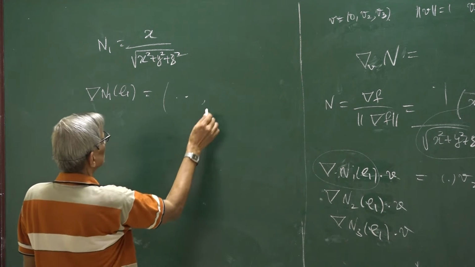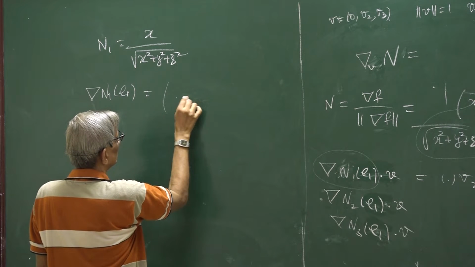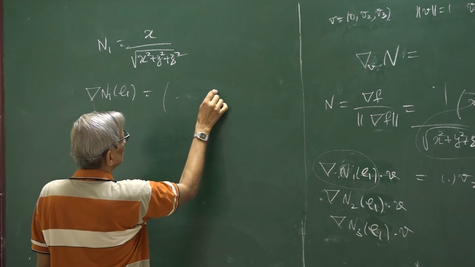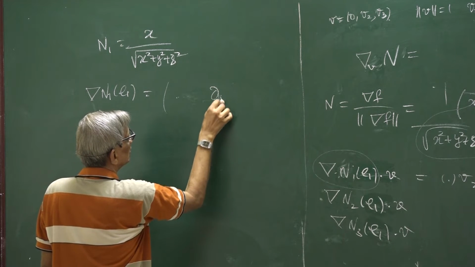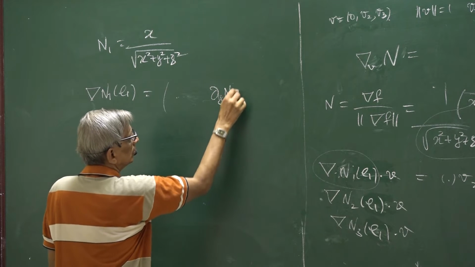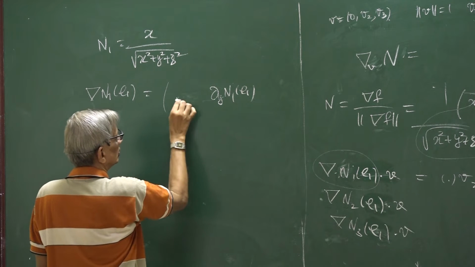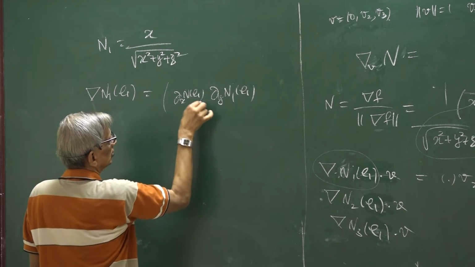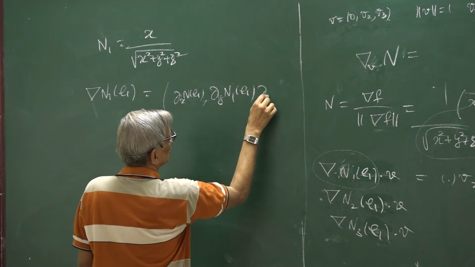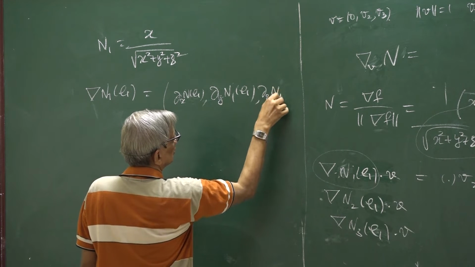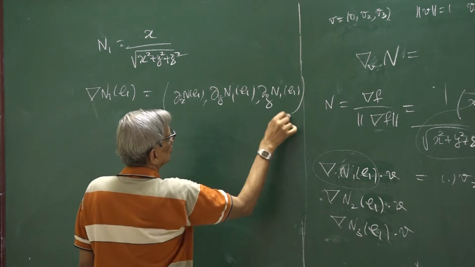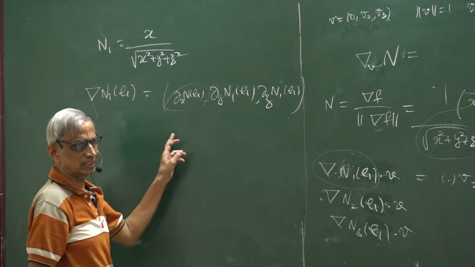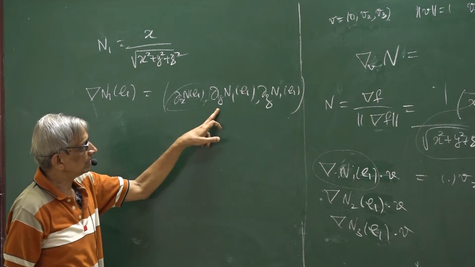So that means what? For this, you don't have to calculate this because that's going to vanish. So you have to calculate only this and this